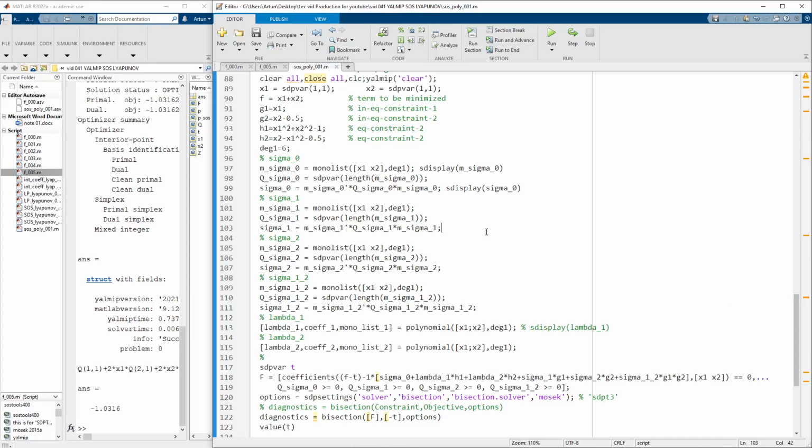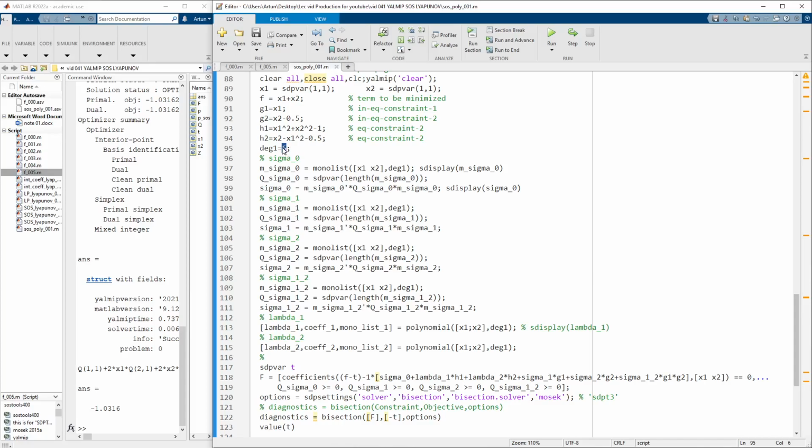Alright. Line by line. Here, the first line is clearing all the variables. And here we are just defining, initiating our indeterminates. And this is the term to be minimized. And these are the inequality constraints. And these are the equality constraints. Alright. And degree,